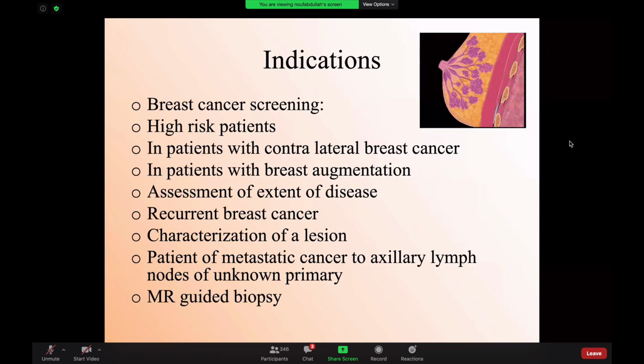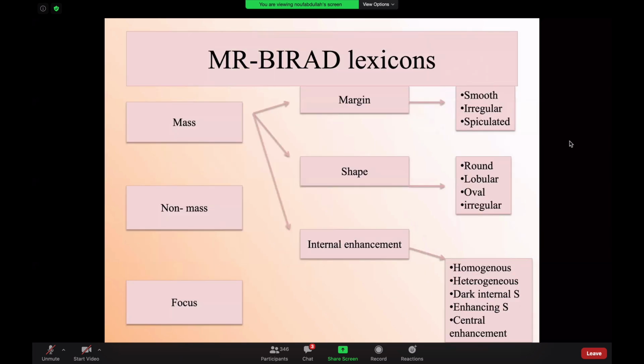Moving into breast MRI. So this is a really big topic, would be difficult to cover, but I will try to give you just a quick idea that you keep in mind. So these are the indications of breast MR. I would advise you guys, if you're preparing for the exam, you memorize 3 or 4 of them. And then you have to know your MR lexicon.